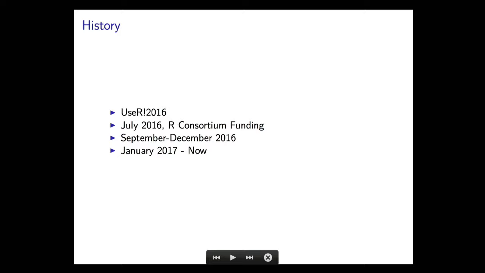From September to December of last year, the R Documentation Task Force met, redesigned the documentation system for R, and that implementation has been going on since January until now. So I'm going to give some updates on what has been accomplished with the R Documentation Task Force, what is out there right now, and the next steps to where we are going with an updated, next generation documentation